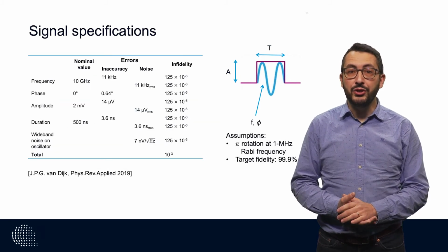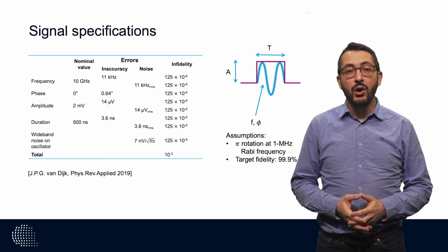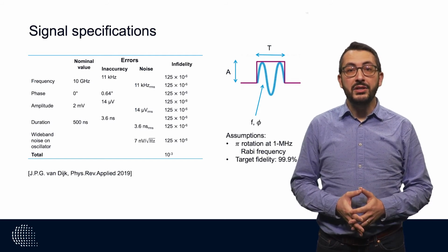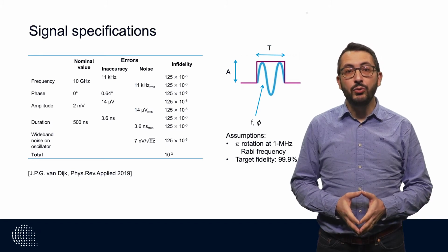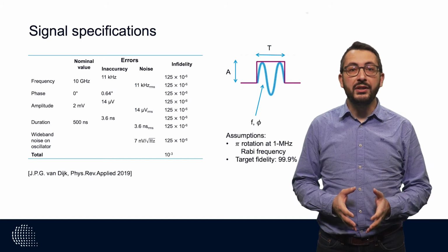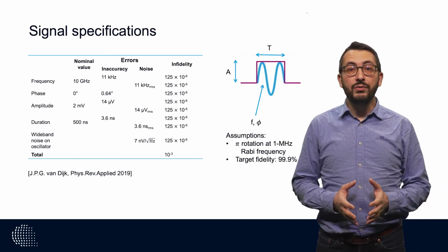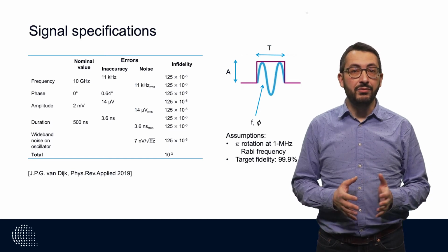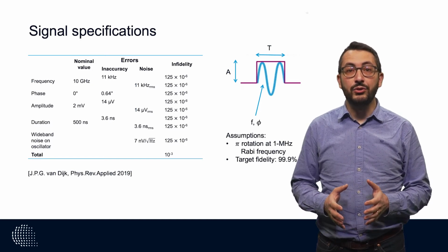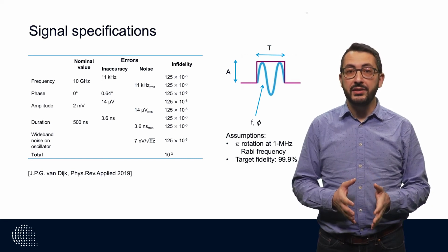Now that we know the relation between the inaccuracy in each of these parameters and the infidelity, we could, for example, size our system, our microwave driver, to reach certain specifications. For instance, if we want to achieve a target fidelity of 99.9%, we could choose to divide equally the budget for infidelity over all these different sources of inaccuracy, which are the inaccuracy in frequency, in phase, in amplitude, and